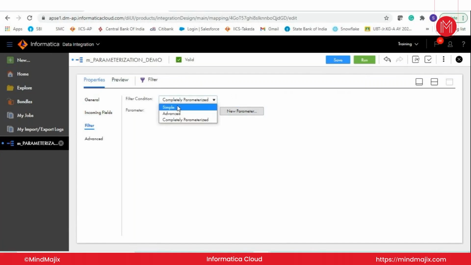If it is simple, then your field and operator are decided, only the value you can parameterize. And advanced means multiple fields, filters, with the operators decided, only values you will be able to parameterize. That is the difference between simple, advanced, and completely parameterized filter condition with respect to parameterization. Okay, so this is how we have declared that filter transformation with a completely parameterized filter condition, FLT COND